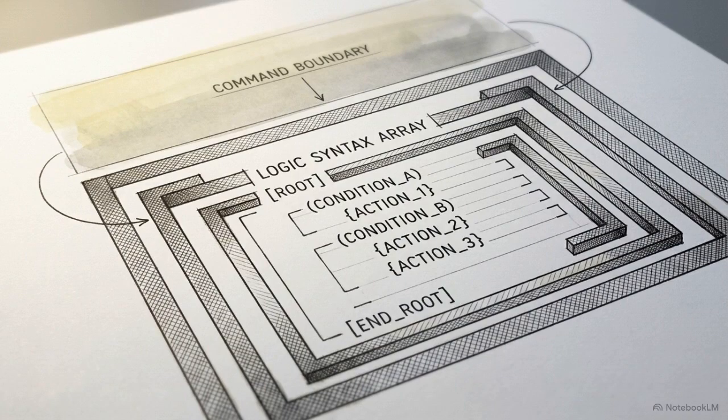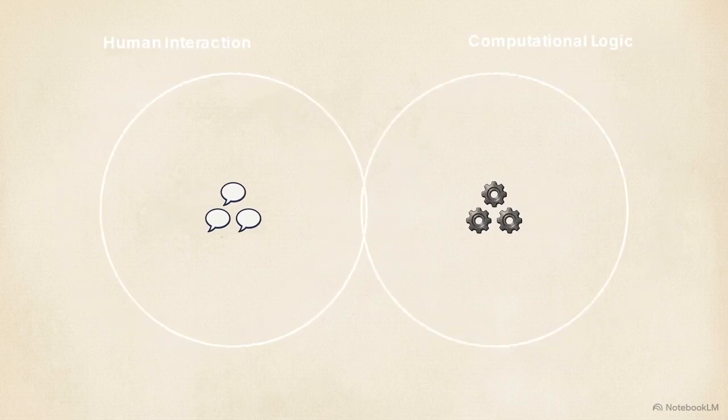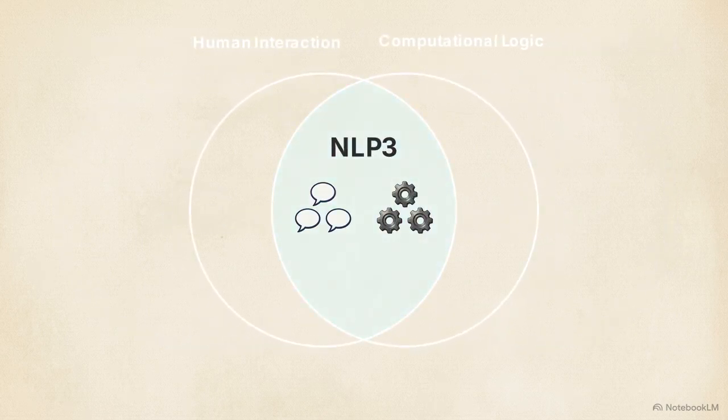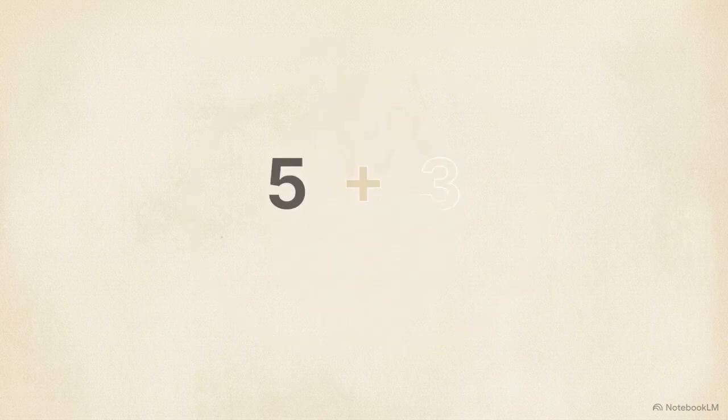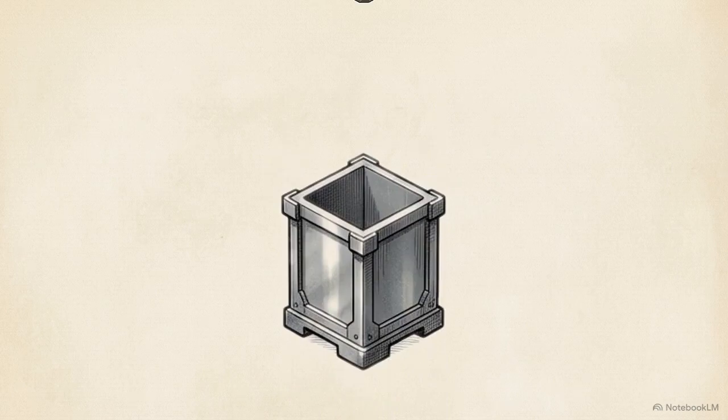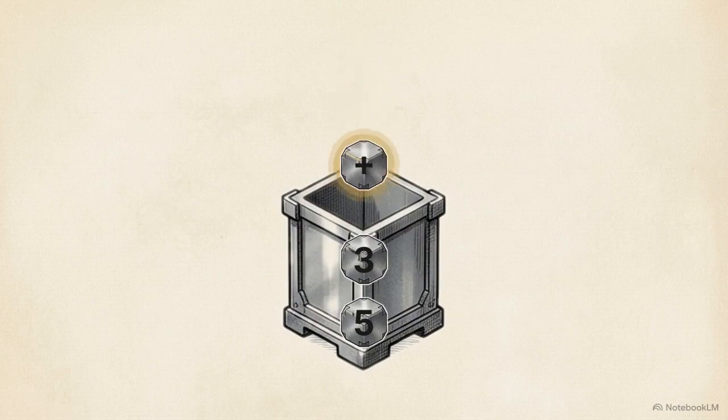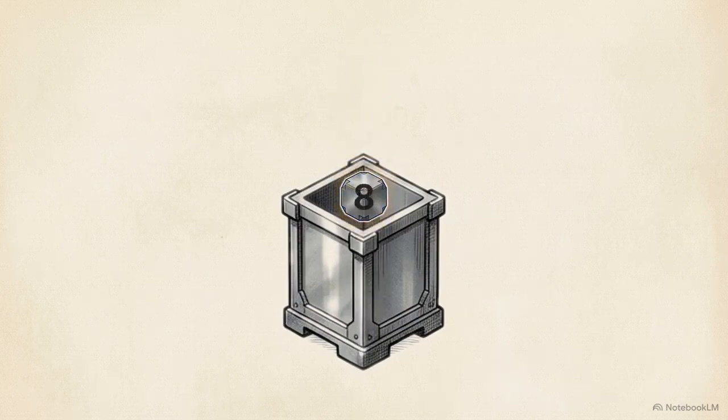To manipulate this memory map, the engine utilizes ExplicitPrompt, a programming language designed as a strict subset of NLP3. NLP3, or Natural Language Programming, is a framework that integrates human communication patterns with computational language processing. ExplicitPrompt operates on a Forth-inspired postfix syntax. Postfix syntax, also known as reverse Polish notation, is a mathematical notation in which every operator follows all of its operands. A user pushes the number 5, pushes the number 3, and then applies the addition command to resolve the